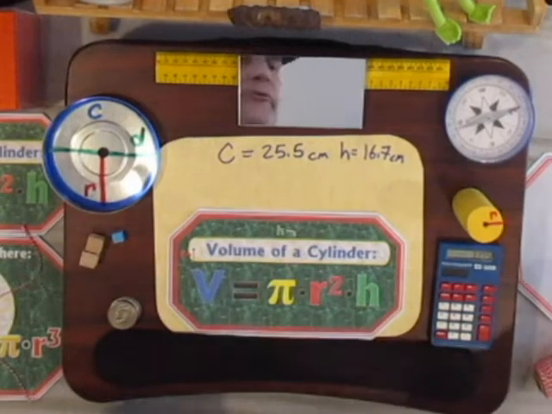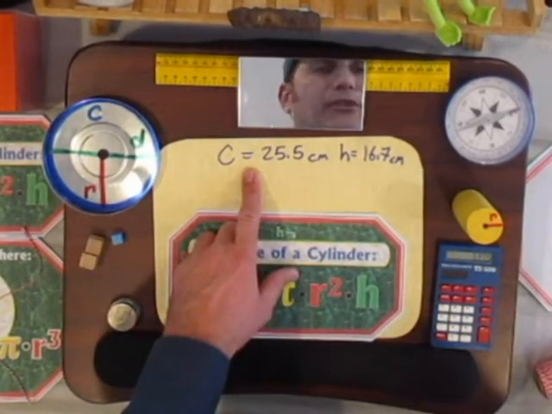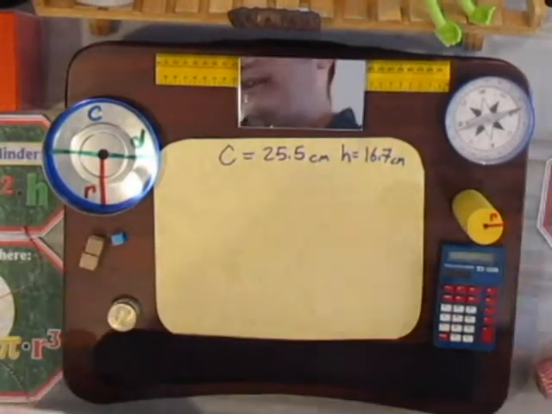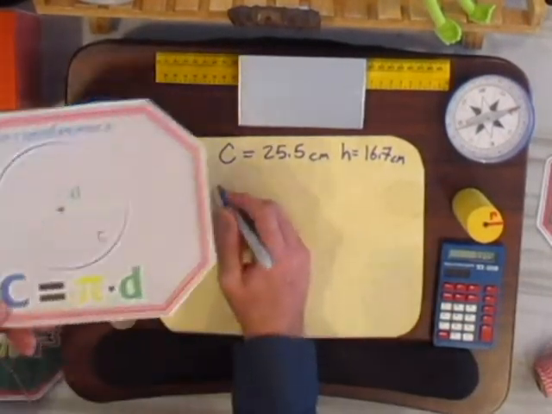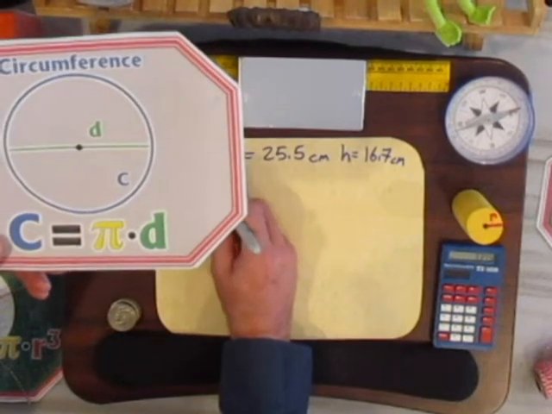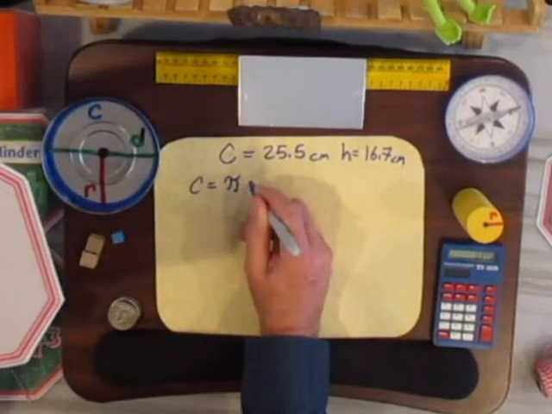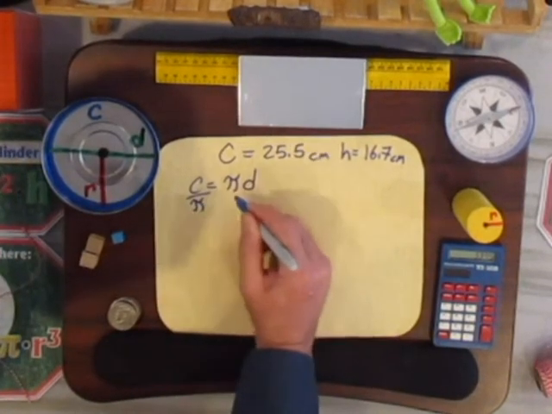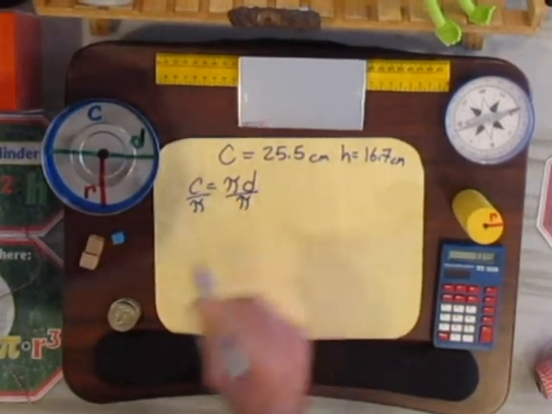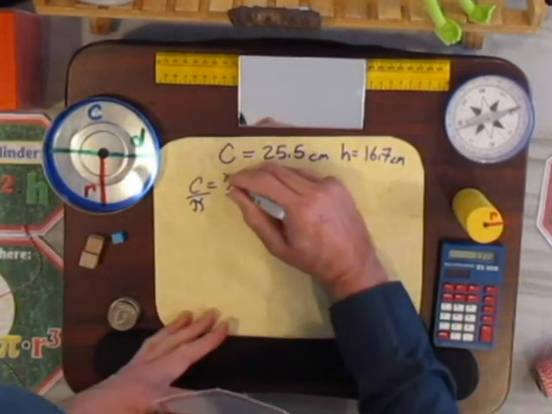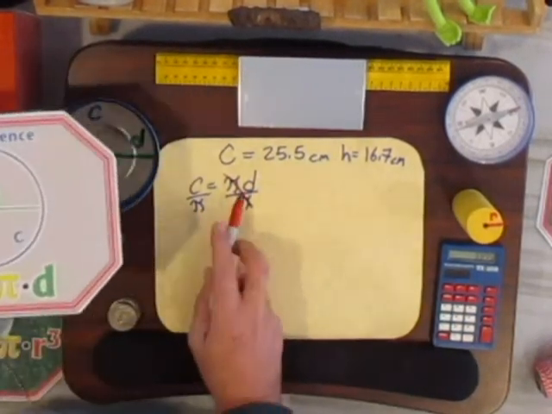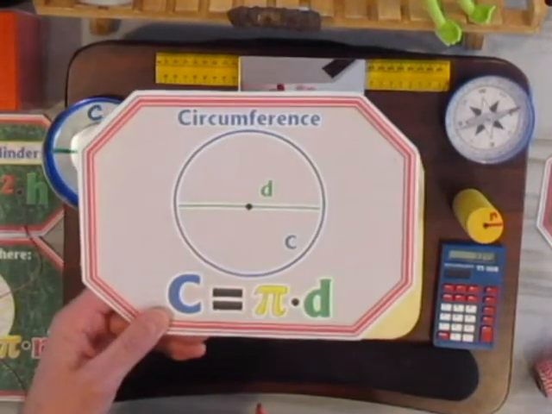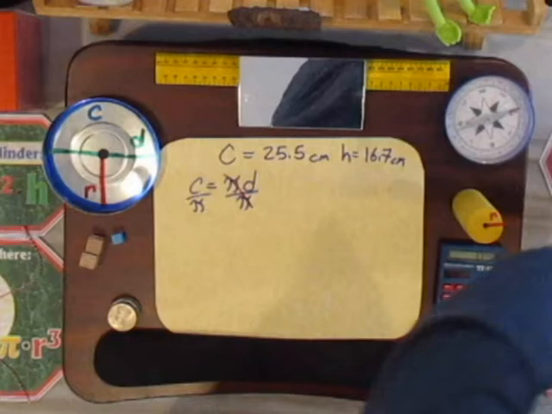Okay, so now from the circumference, why don't we get our diameter? So let's divide by pi. Now remember, if circumference equals pi times diameter, then if we divide both sides by pi, right? If we divide both sides by pi, then pi will cancel right there, and then circumference divided by pi gives me a diameter. So I want to divide this number by pi to get my diameter,